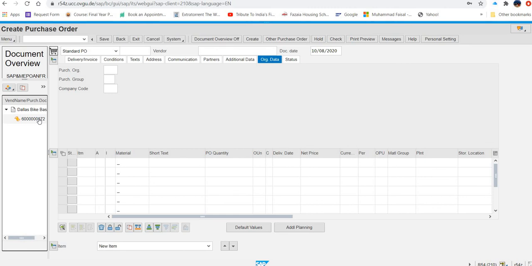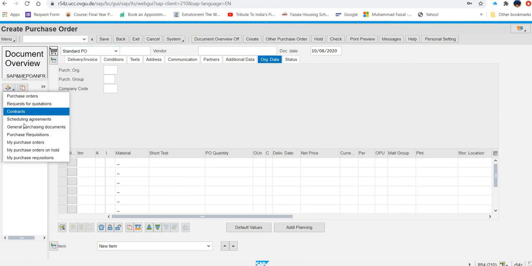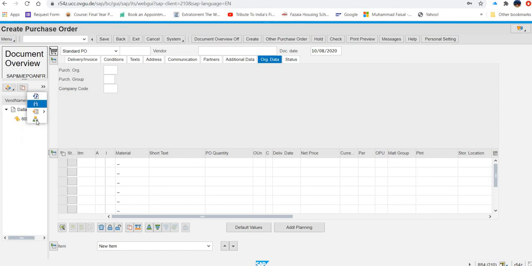Now they are saying click on the right part of the select layout icon and choose change layout. So again you will click on change layout. There is change layout. Maybe here, change layout.